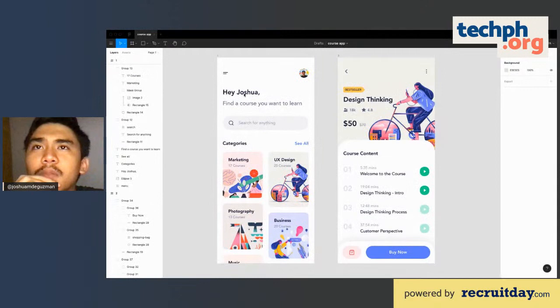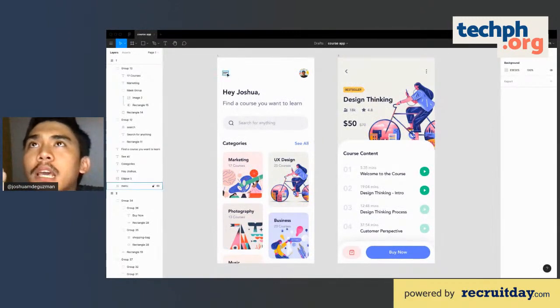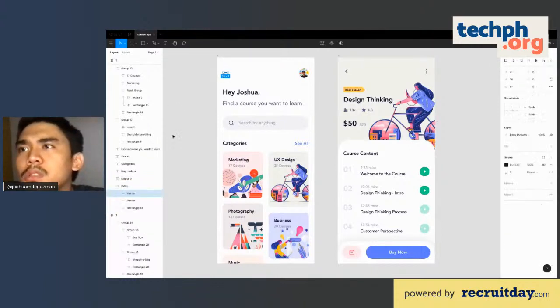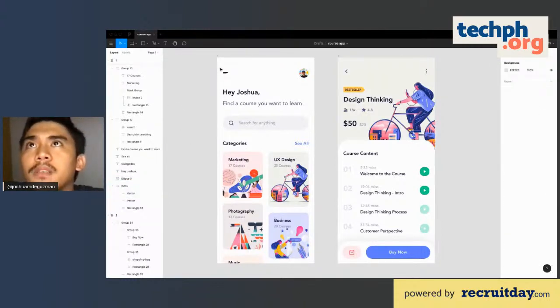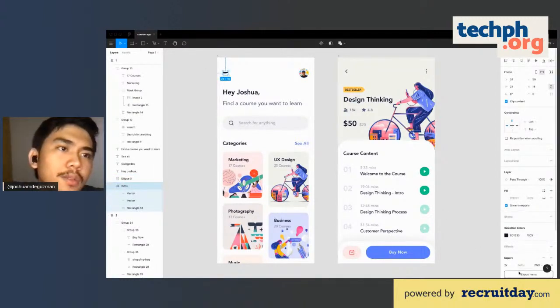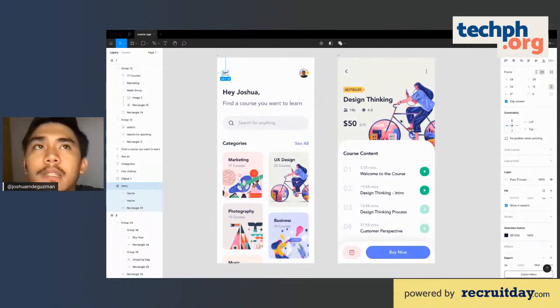Pretty much the next thing we have to consider doing is to extract assets. I'll just teach you how to extract assets, but if you have downloaded the assets, it's good. You could just import it later together with me. In Figma, you would just need to highlight the specific component that you would like to export. So highlight and try to export here, export menu, and yeah, just press save and you'll receive a menu icon.